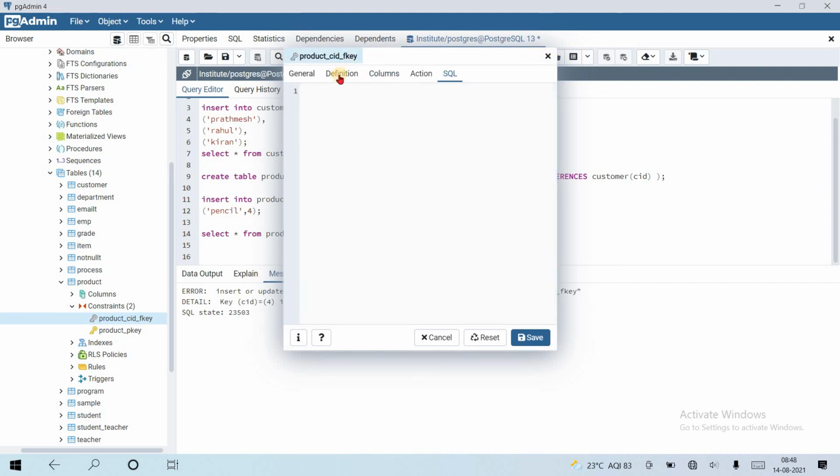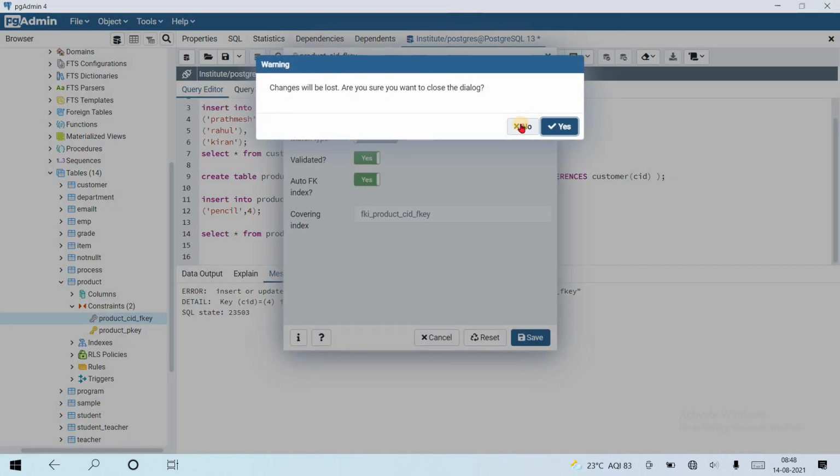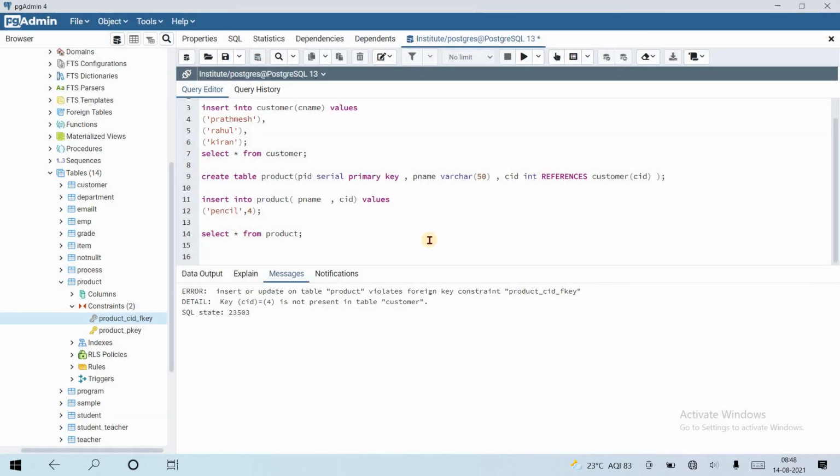If we change something here, SQL will be automatically generated. If I change this deferrable, the SQL is generated using the alter command. So that's all about creating a foreign key. Thank you.